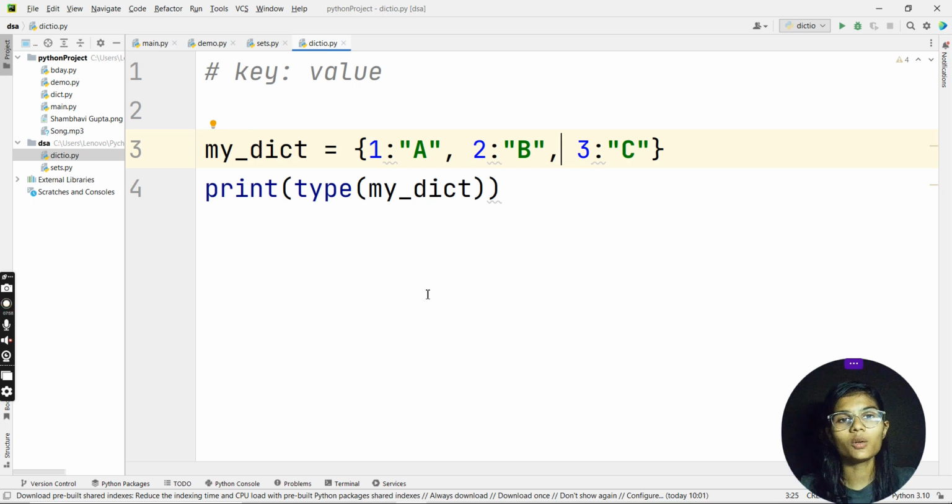So I hope I am clear with the very basic things about the dictionary, because this is one question which is very often asked: can you convert any other data type to a dictionary, or a dictionary to any other data type? So your answer should be this much explainable, and it should be like this. I hope I am pretty much clear with this particular thing to everyone.